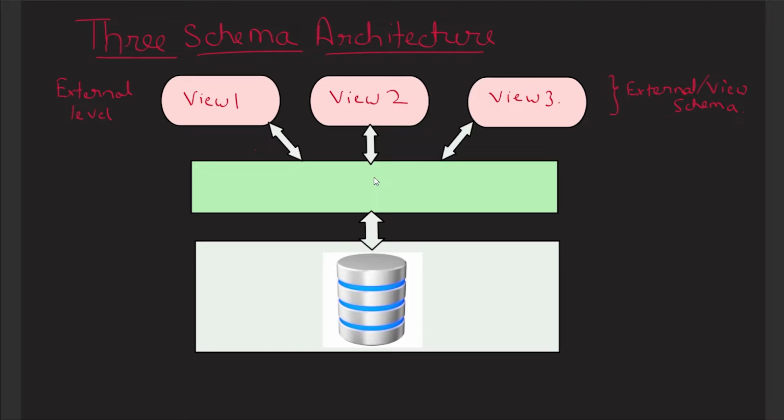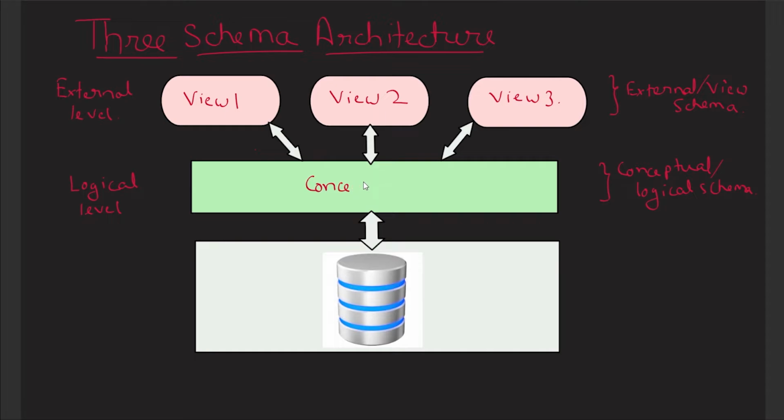Now, the second level will be the conceptual level or the logical level. This is the logical level. And the schema used here will be the conceptual or logical schema. Now remember, conceptual and logical describe the same schema. This is just an alternate name. So you can say conceptual schema, and you can also say logical schema. So this is the logical level, and here we have the